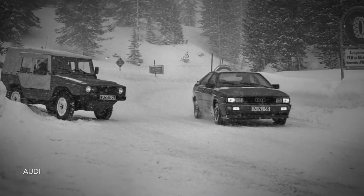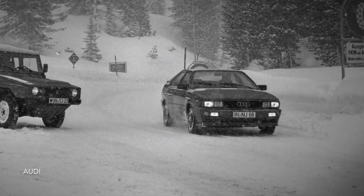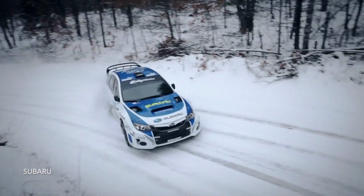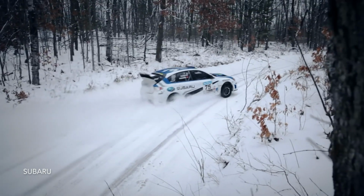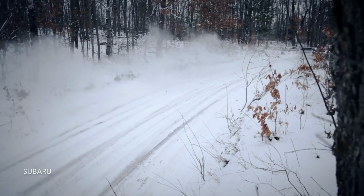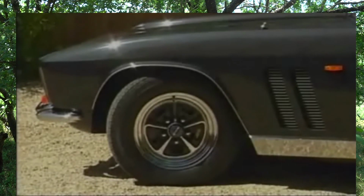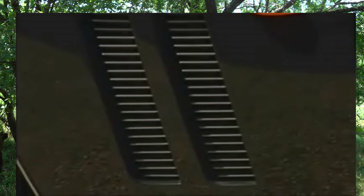Without Quattro, probably, we would never know what safe driving on slippery surfaces is and how to use the engine power effectively on a rainy day. Or maybe Subaru would do the job. Who knows? So to be completely fair, it's also worth mentioning that the permanent four-wheel drive passenger production car